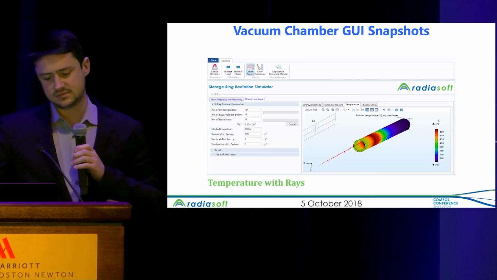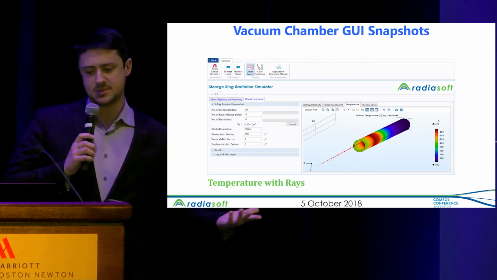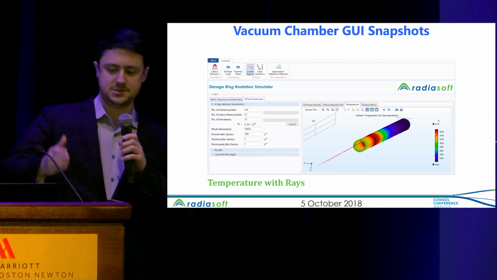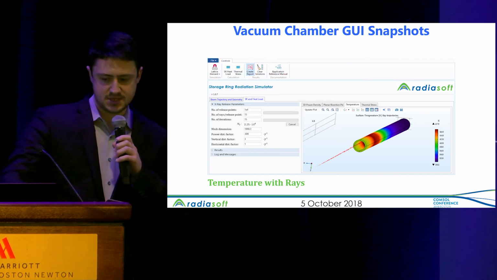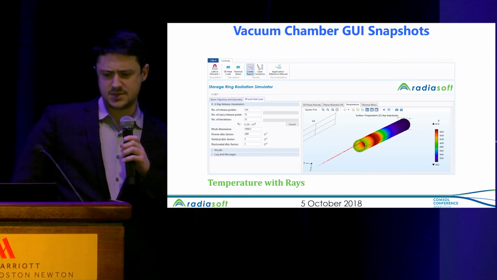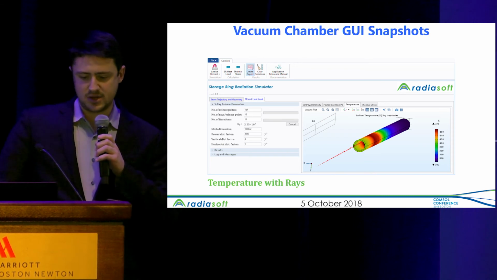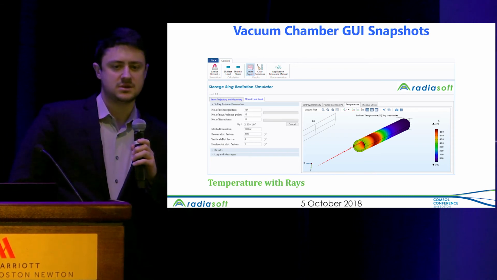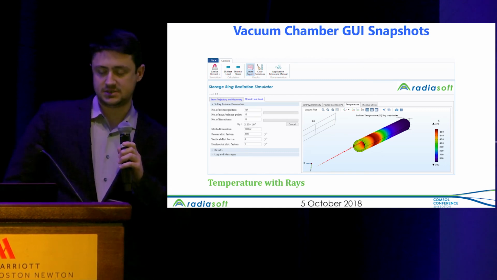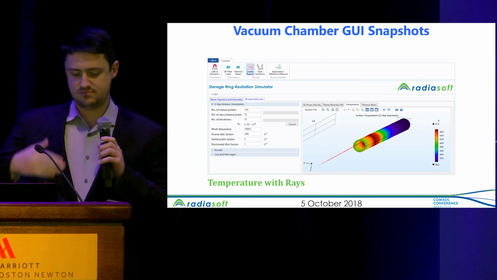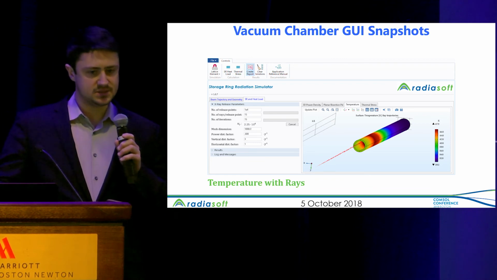It's a snapshot with a temperature plot and some incident rays. You can choose how many rays you'd like to release. I think in the newest version of the GUI, you can choose how many cores you want to use on our server, which is really nice. You can run many simultaneous jobs,